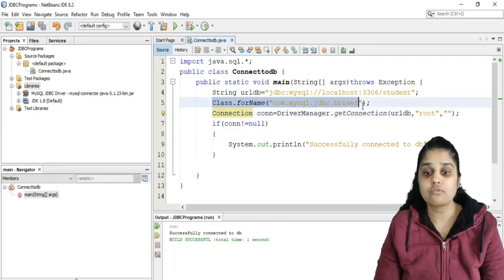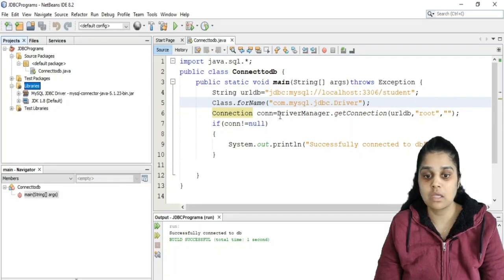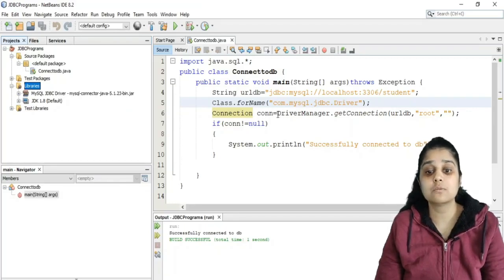Next I'm specifying what kind of database I'm going to connect with, which is MySQL. So Class.forName and com.mysql.jdbc.Driver. As and when you enter Class.forName, you need to add a library for connecting your Java code with the MySQL database. So this MySQL JDBC driver you are going to insert in your libraries. Next you are going to register your database name and your credentials.